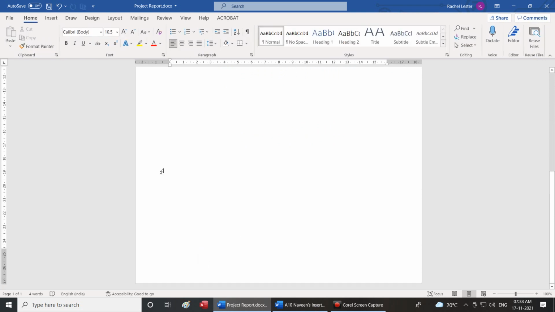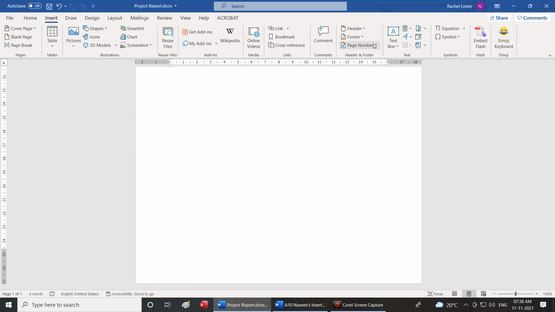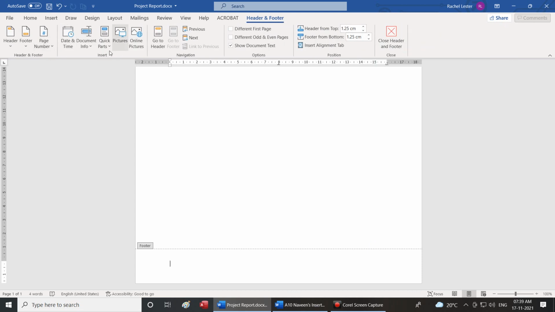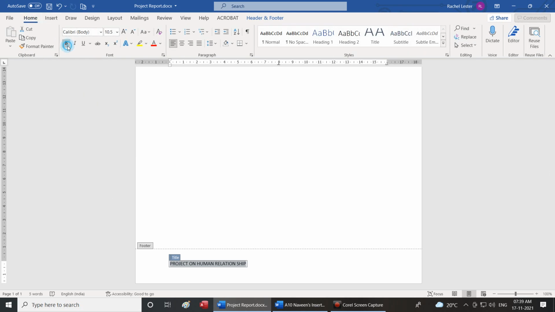I'll come to the footer. I'll just go to insert, I'll come to footer, and then I will select edit for footer. Then I will say document info, I will say document title. Automatically the title will be put. Will this heading come? No, that heading will not come. That heading is just a pointer to the title. So when I go to print option, assuming this project title was to be made bold and big and center aligned, it will stay there.